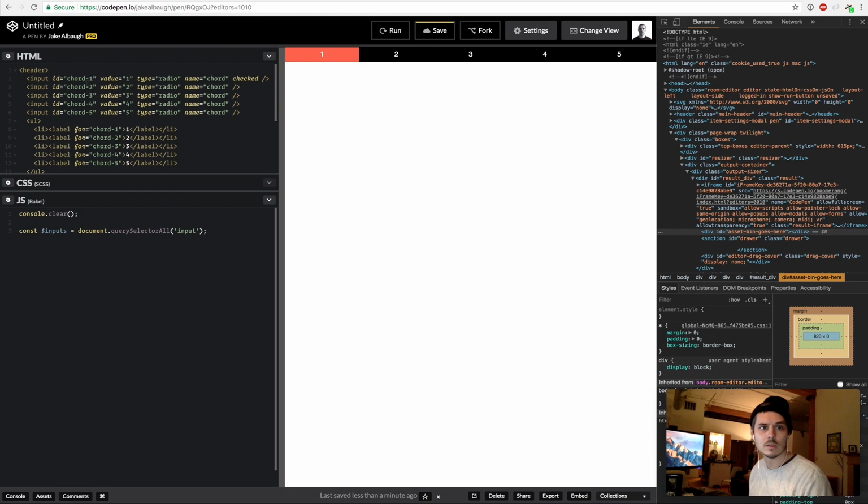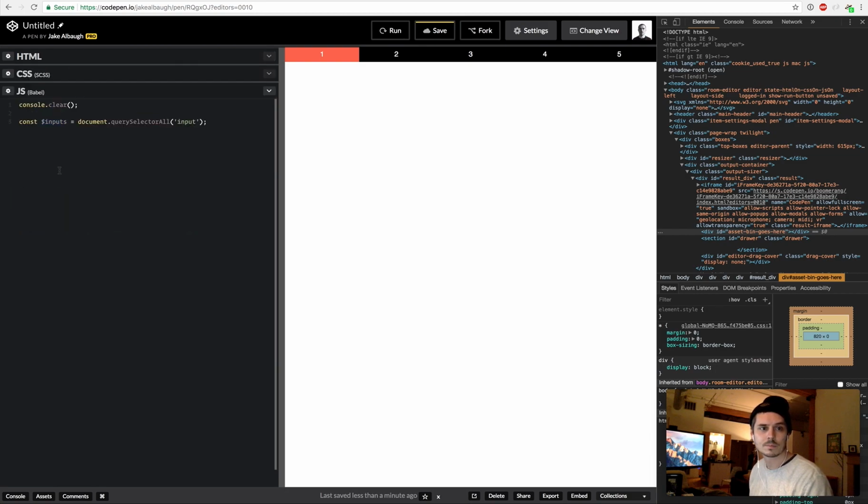So the value is whichever chord they are. Array.from inputs. This is one thing about querySelectorAll, is that it's not truly an array, and so you can do Array.from the result of a querySelectorAll to get an array, so that I can do something like forEach, and then we'll say input,